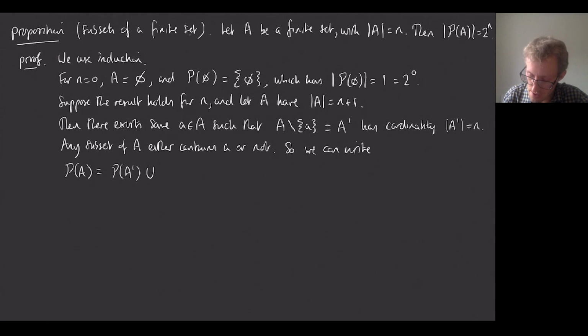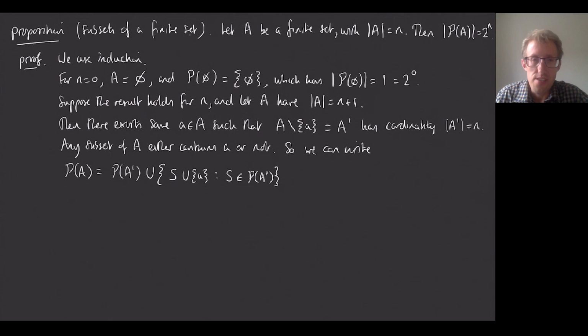So it's going to be a little bit awkward to write that out. So I'm going to write this as a set. I'll just write it out and then explain it. So it's going to be a set of S union little a such that S is in the power set of A primed. So if you just read that, hopefully that makes sense. So this is the set of all sets that are made up of a subset of A primed combined with the element little a.